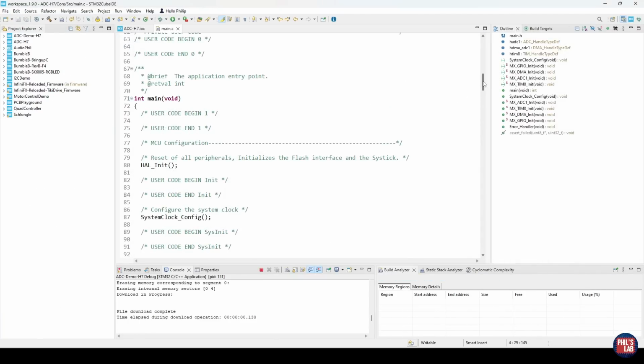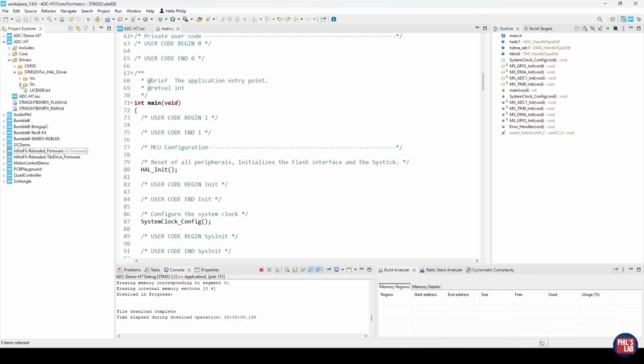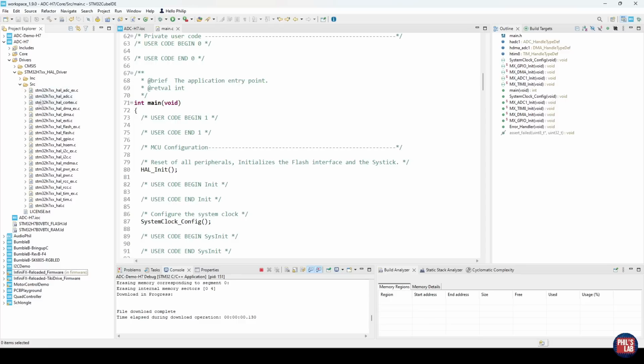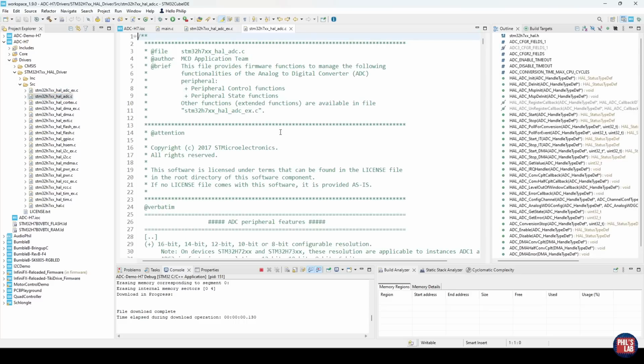STM32Cube generated the structure of the project. If we expand out our project in the Project Explorer and go to drivers and then the HAL driver, and for example include or source, we can see the various HAL hardware abstraction layer drivers that ST has included. If I'm using a new peripheral, I look at the peripheral drivers, the HALs, and see what